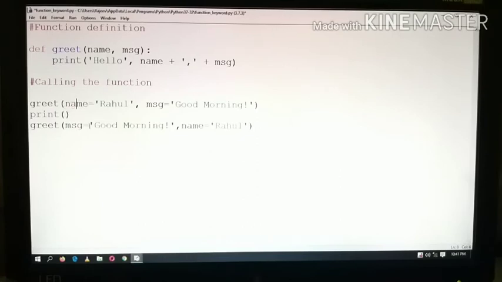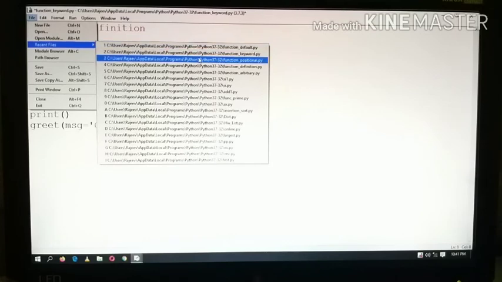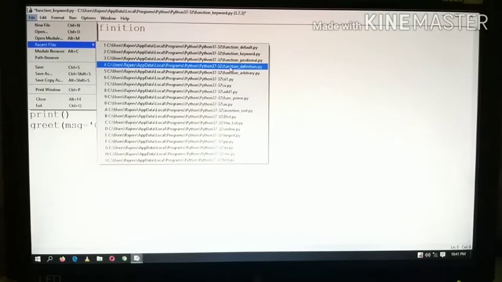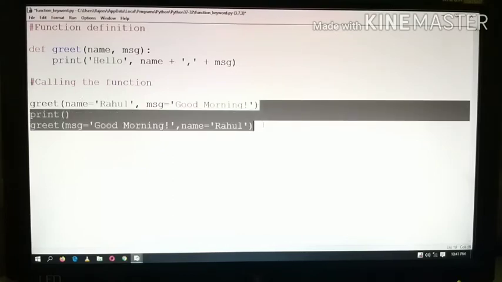Then both of the ways you can call the function. In the next example, we can see here.